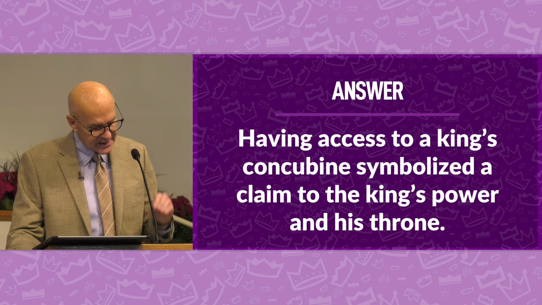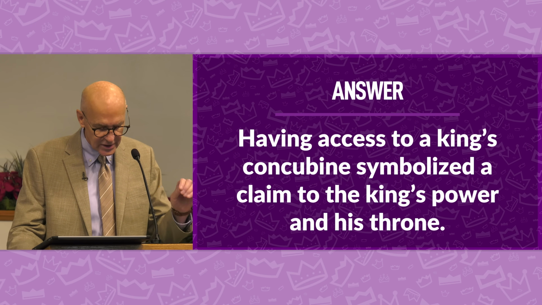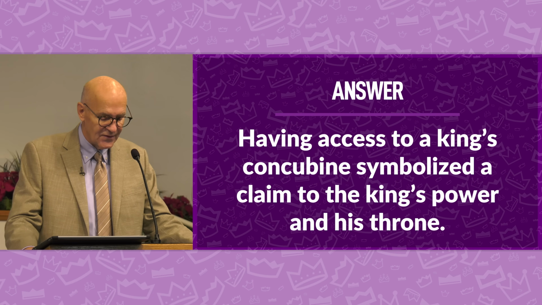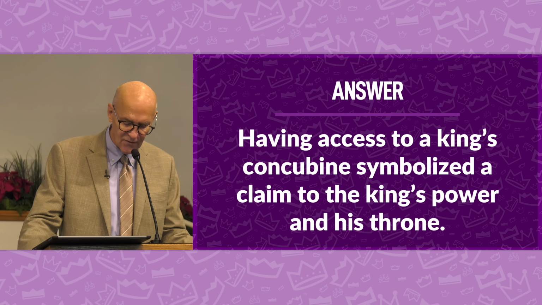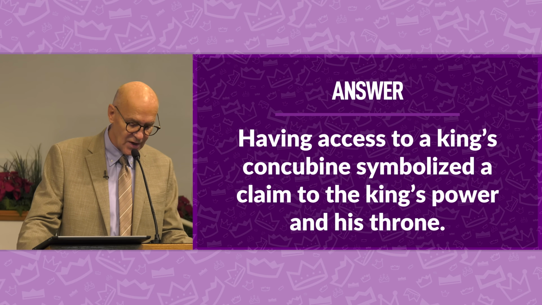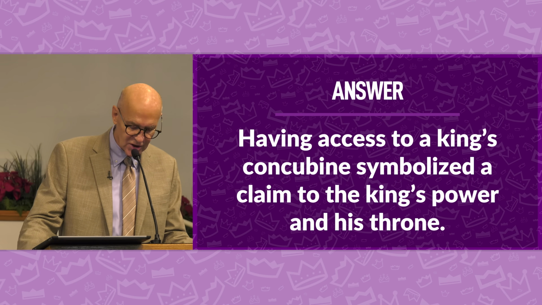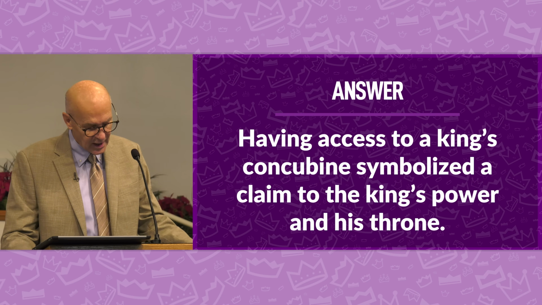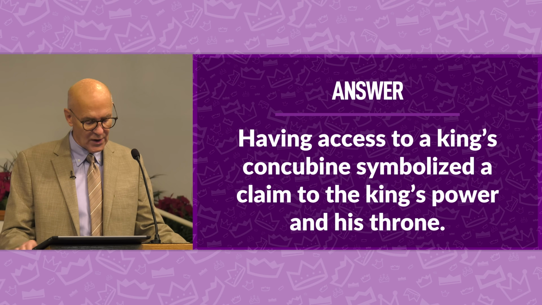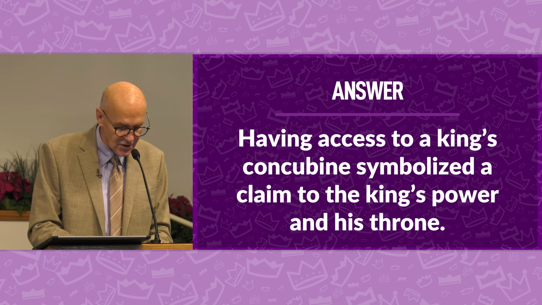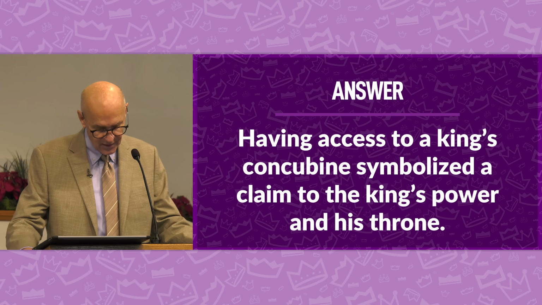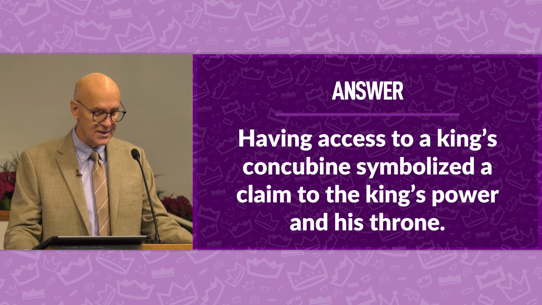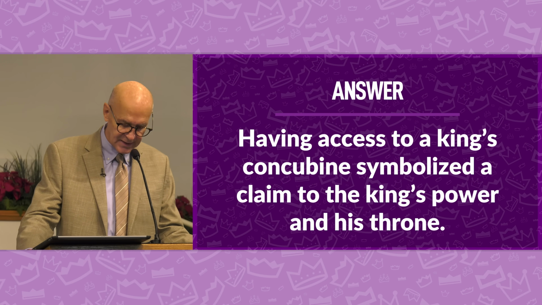And so by seeking to marry someone so closely associated with David, Adonijah could have been perceived as trying to position himself as David's successor, indirectly challenging Solomon's legitimate rule. And of course, Solomon, recognizing this political maneuver, saw it as a renewed attempt by Adonijah to undermine his reign, and therefore responded by ordering his execution, solidifying his authority as king.